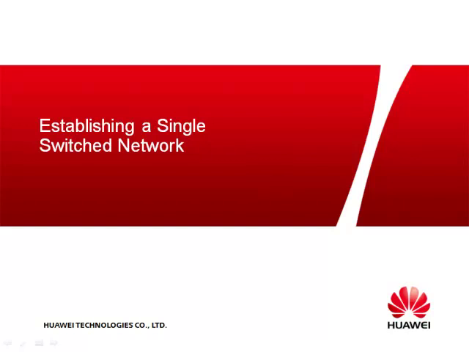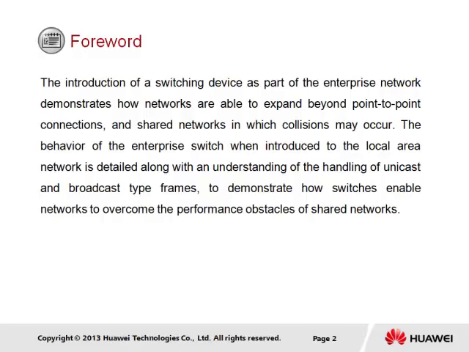This section focuses on establishing a single switch network as part of enterprise network expansion. The introduction of a switching device as part of the enterprise network demonstrates how networks are able to expand beyond point-to-point connections and shared networks in which collisions may occur. The behavior of the enterprise switch when introduced to the local area network is detailed, along with an understanding of the handling of unicast and broadcast type frames to demonstrate how switches enable networks to overcome the performance obstacles of